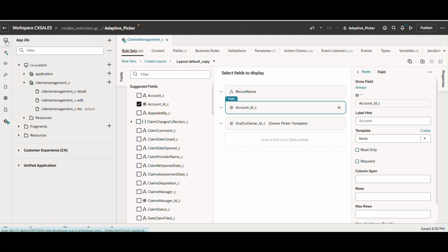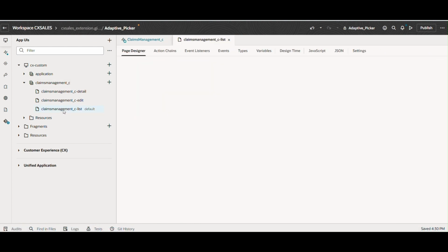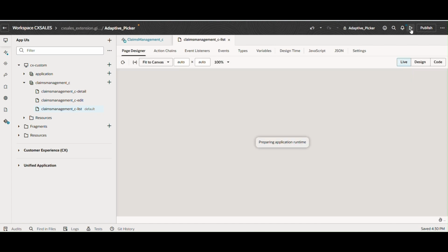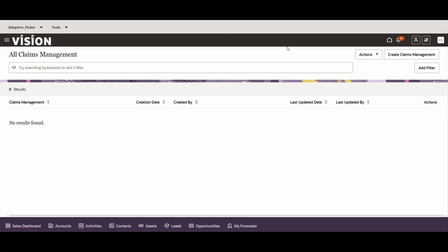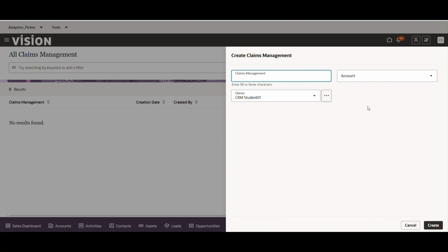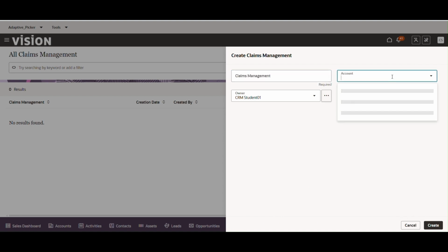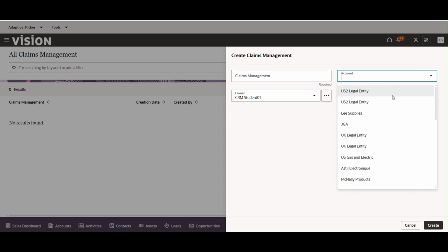Okay, now let's see whether our field is visible or not. So let's go to the claim management list view and let's click on the preview. Okay, so the page is loaded now. So let's click on create claims management. And let's see the accounts. So see, now